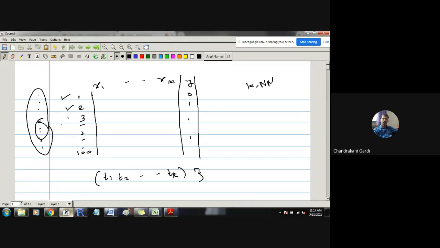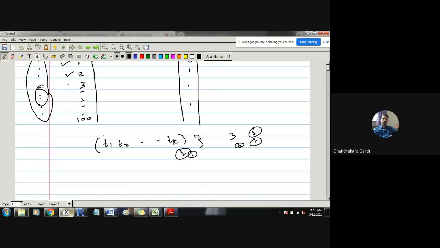If among these five, three have class label 1, then this tuple will be said to have class label 1. If four have class label 1, it will be classified as 1. So in short, whatever is the majority among these five observations, if the majority is 1, then this particular k tuple will be classified as having class label 1. If the majority is 0 among those five observations, then this k tuple will be classified as having class label 0. But there is a problem, as discussed in the previous lecture.